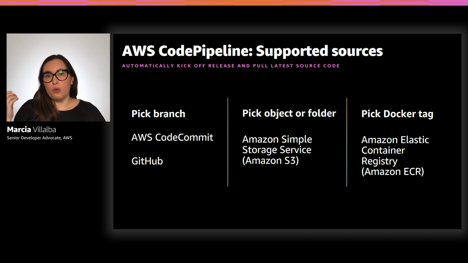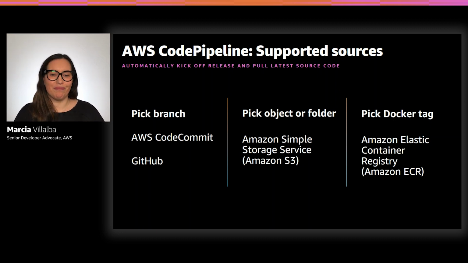So if you attach it to an object or a folder, and something changes there, then the release process will start. This is a great use case when you're using another type of remote repository like Bitbucket or GitLab, and there is no support for that, and you can use S3 as an intermediate step. And now, because we support container images as Lambda images for your code, you can use Elastic Container Registry. So when the images change, then the build